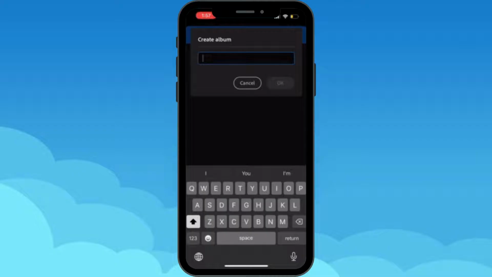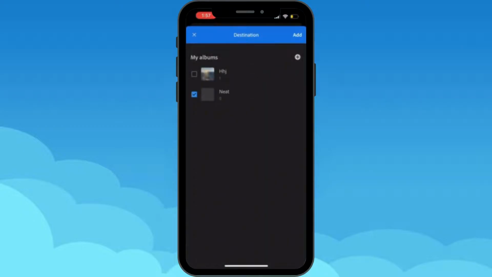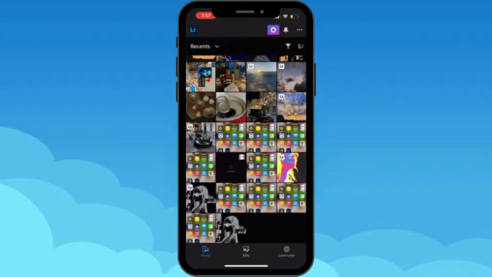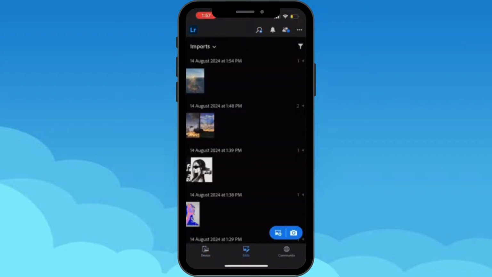Let's name this album. So let's name this lead. It's a random name. So what you have to do is tap add, and then your album has been created. So you can go back to edit, and here